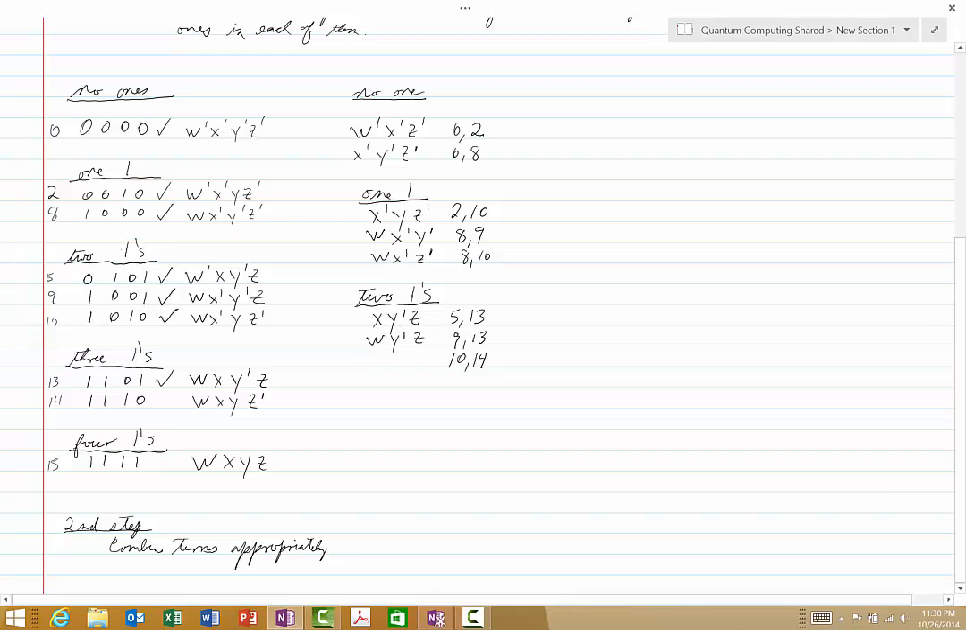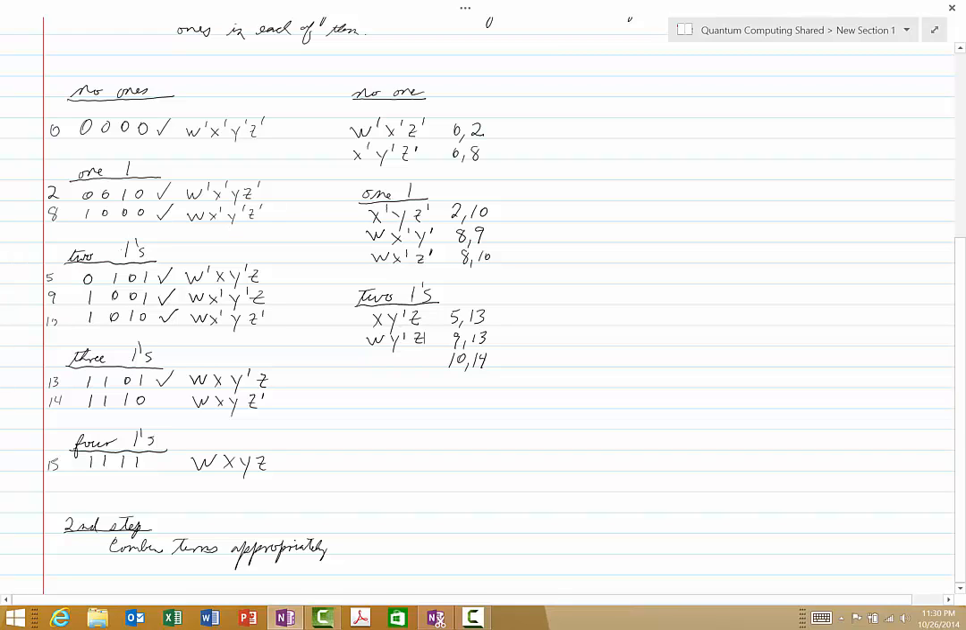W, y prime, z after we drop out the x. And again, we're dropping out x because that second bit is the only one in which these two numbers differ. And 9 obviously has a check by it, and as does 13, so we don't have to put any more checks down. And then finally 10 and 14,